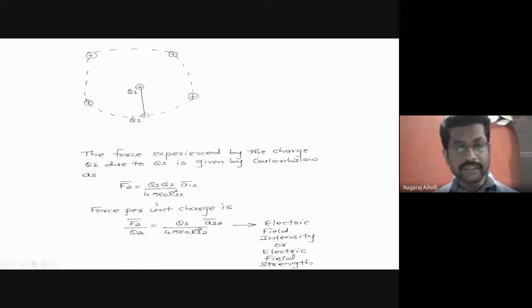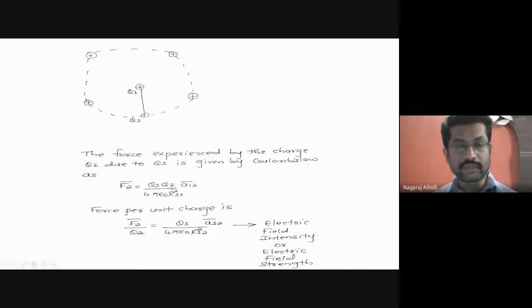Then I am taking this Q2 to the other side. That is force per unit charge. I am finding the force acting on this charge Q2 per unit charge. Per unit charge, whatever is the force acting on this Q2 charge, that will give me F2 bar by Q2. If I rearrange the terms here, that will be simply F2 bar by Q2 is equal to Q1 by 4 pi epsilon naught R12 square into A12 bar. Correct?